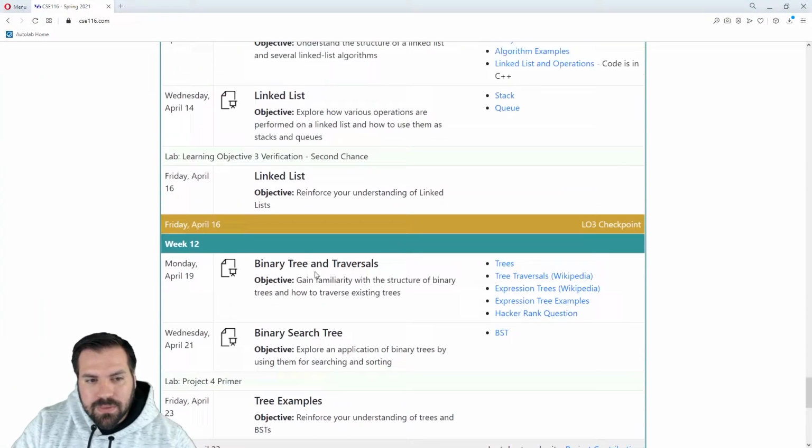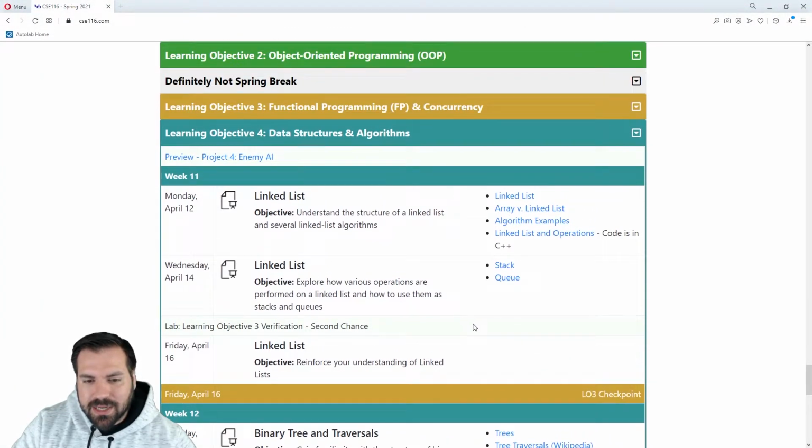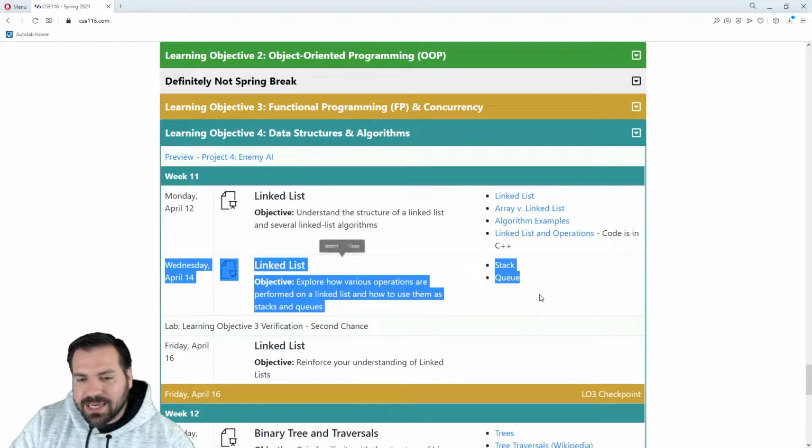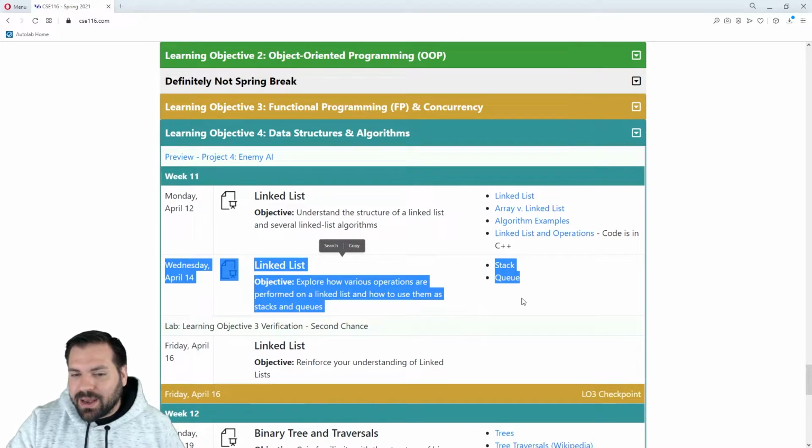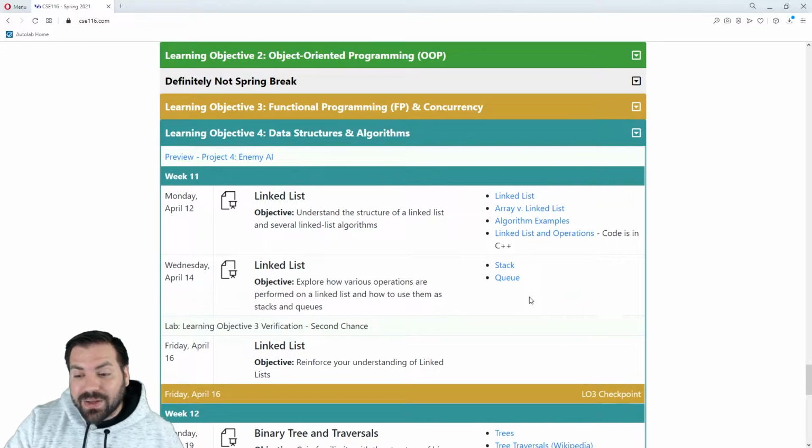So with that, let's introduce linked lists and talk about what linked lists is going to be. The first lecture task is going to be on Wednesday. It's going to be to take a linked list using the structure that we have today, a linked list of players, and then find the closest player to the enemy AI. That will be the player that enemy is going to try to target and try to attack. It's going to attack the closest player to it.